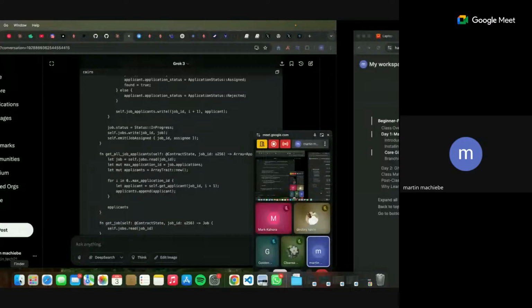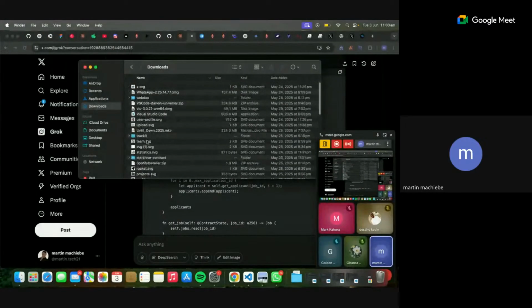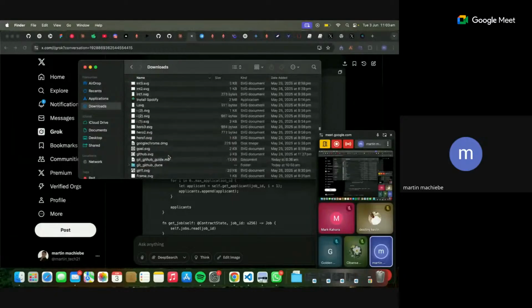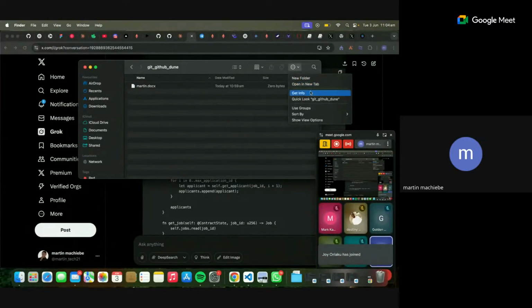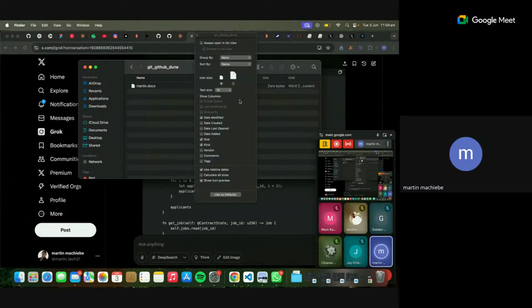So you go to your downloads where you created the new folder, Git and GitHub. When you click it, we are not seeing the .git file being created. So how do we see our .git file? Show view options. So click on show view options and